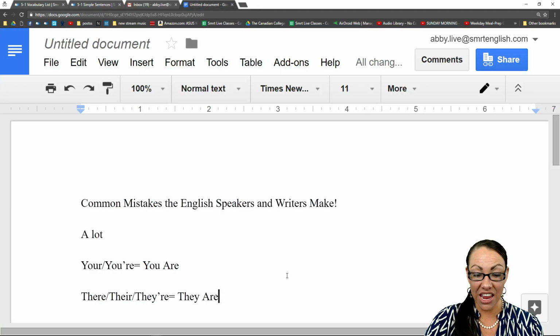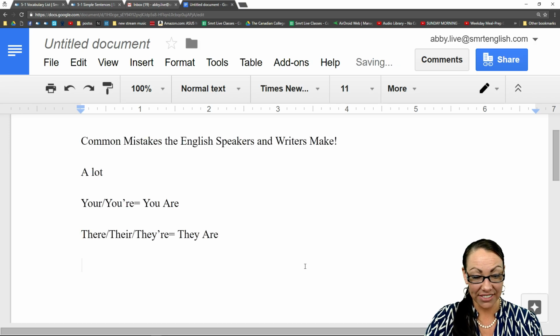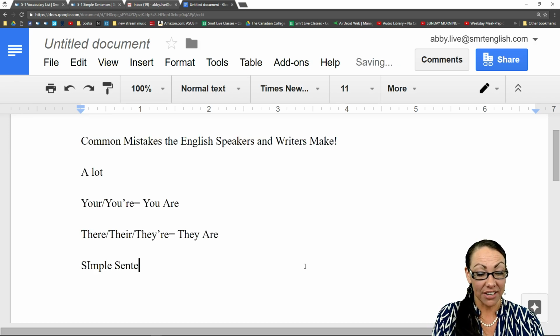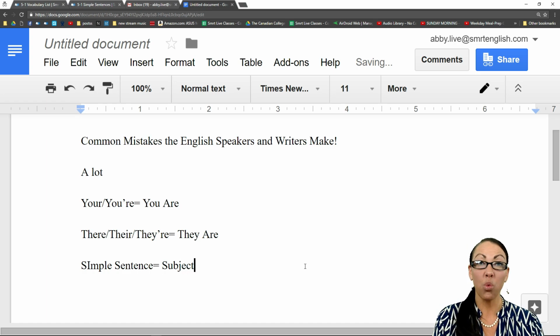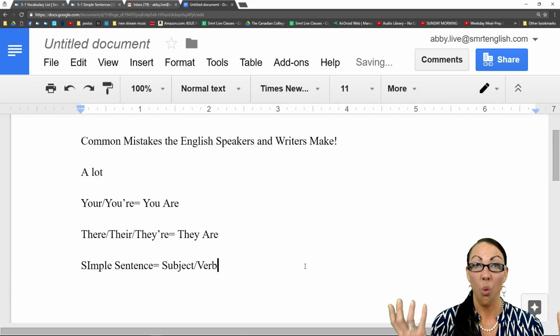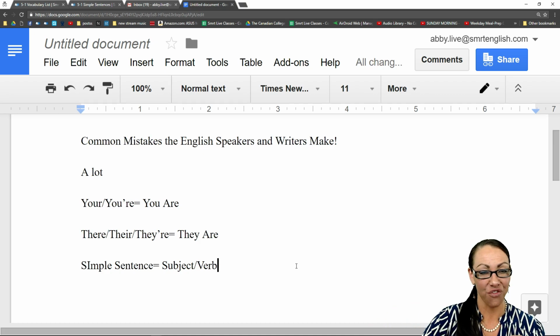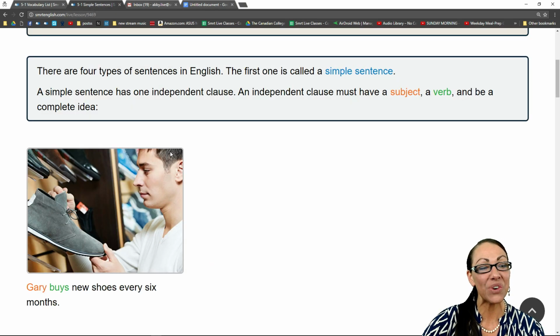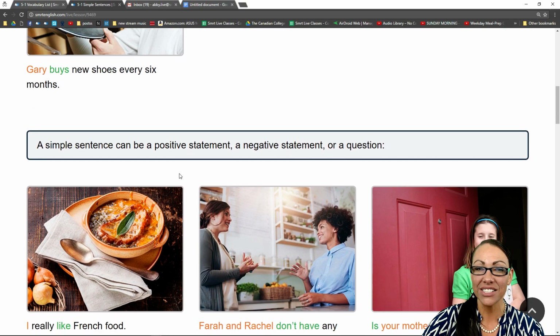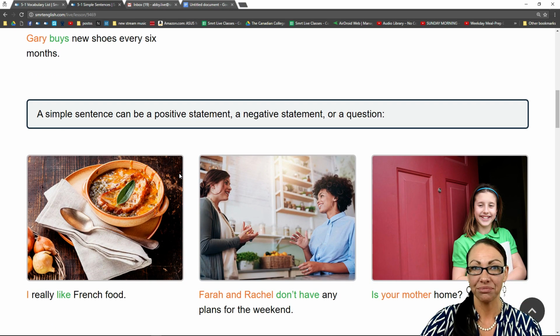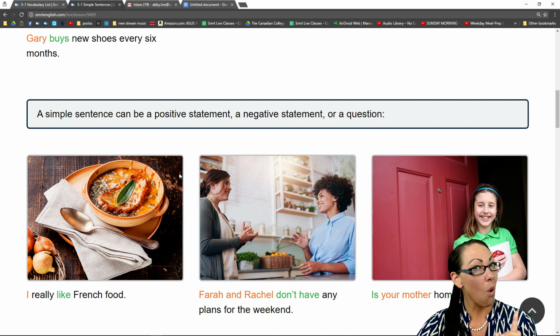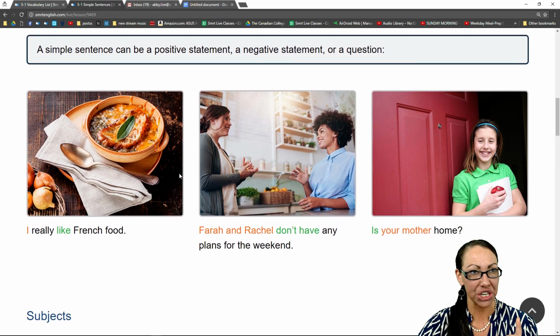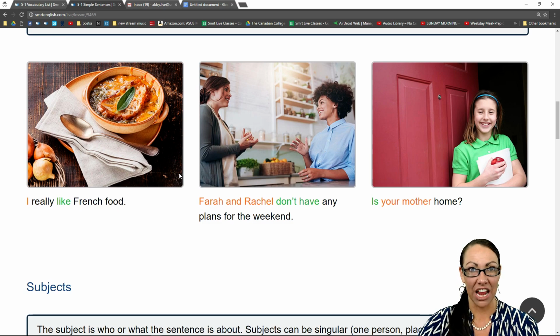So I'm going to go into our document and say that for a simple sentence, you have to have a subject, so what we're talking about or who we're talking about, and we have to have a verb. What is the action? And that is for our simple sentence. All right, continuing on. A simple sentence can be a positive statement, it can be a negative statement, or it can also be a question. So as a statement, I